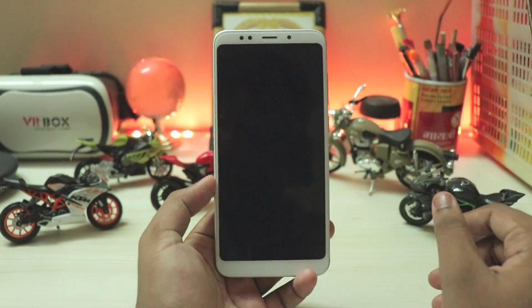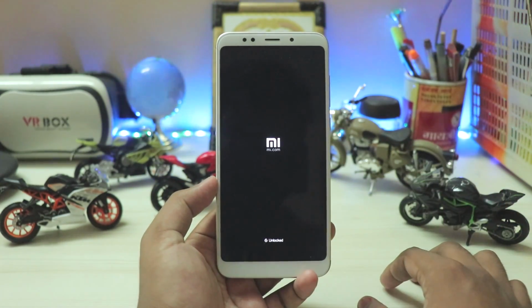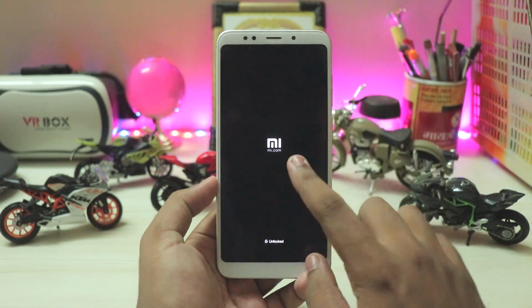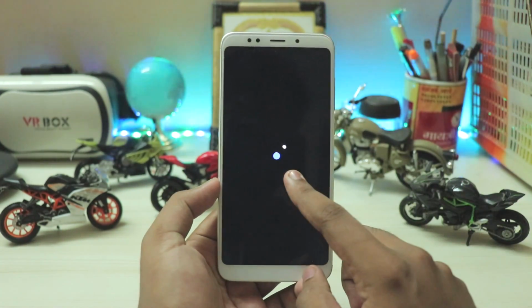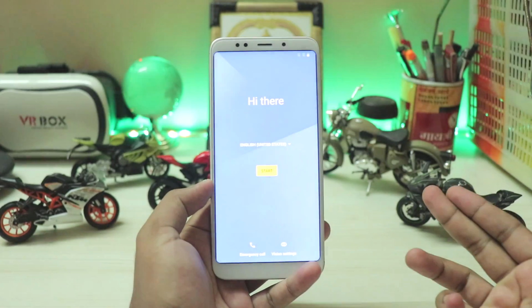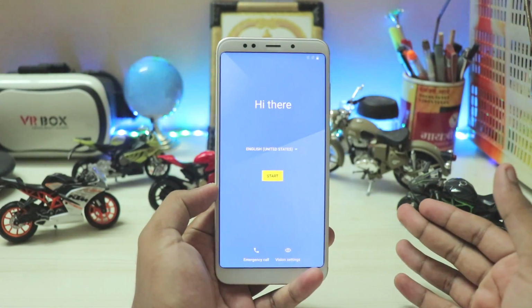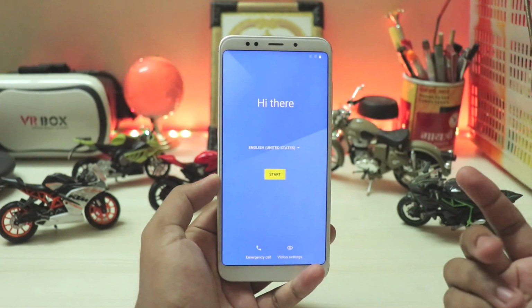Now again, the Redmi logo will flash a couple of times right over here. Oh shit, it has the MI logo. It's quite an old phone, I just forgot. But yeah, it will flash a couple of times. There you go, the OxygenOS boot logo, and now it's a blue one. Quite a nice touch, to be honest. And the phone is back up in like 1.5 minutes, but again, if it takes more than that, you can just press the power button for 10 seconds and it will force reboot the phone.